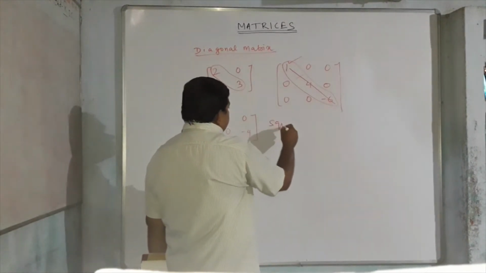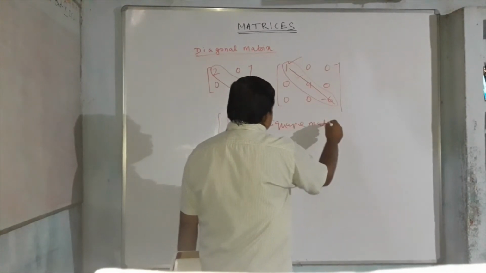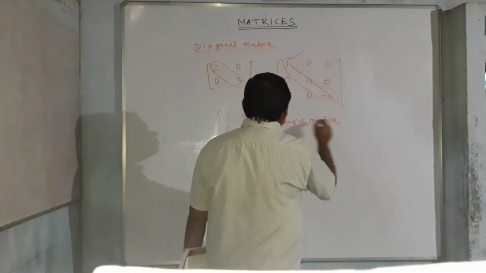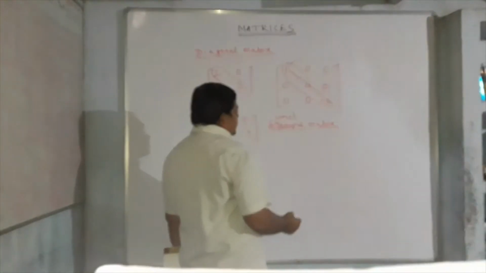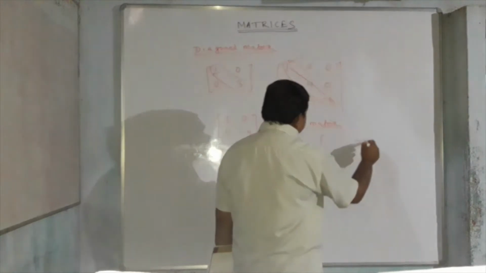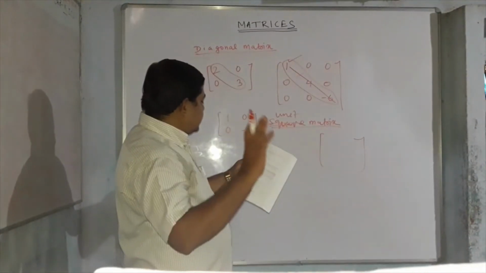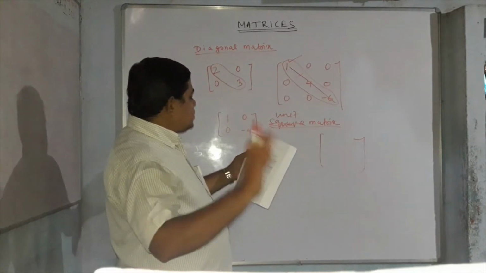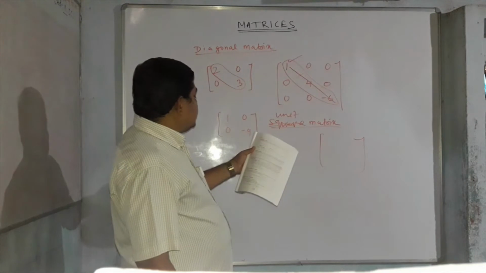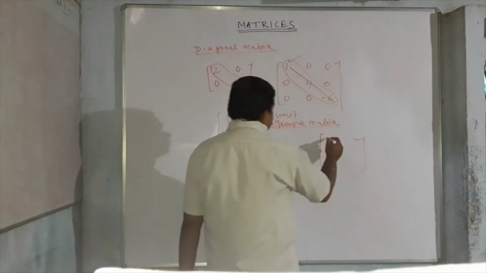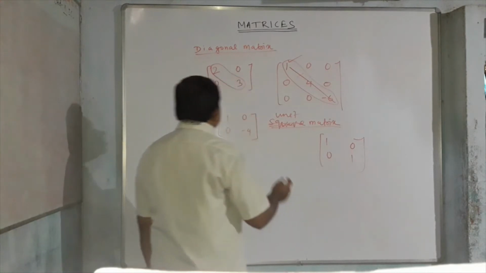What is a square matrix? Square matrix means all the square matrix, not unit matrix. What is a unit matrix? Unit matrix or identity matrix means a diagonal matrix in which each element of its leading diagonal is unity. Unity means 1. The leading diagonal will be unity.